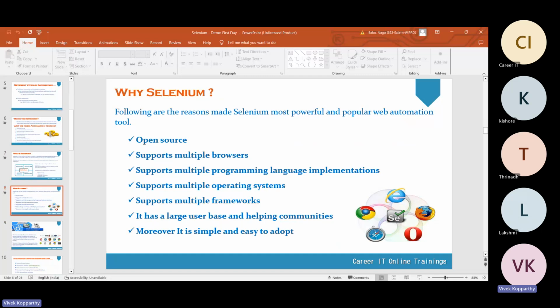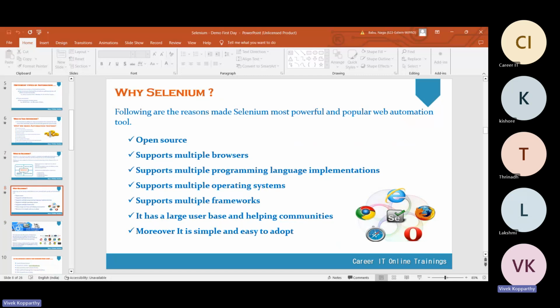Then why do I need to learn Selenium only? As we discussed, multiple functional automation tools are there, like Playwright, Cypress, UFT. Then why do I have to learn Selenium? One of the things is that it's open source.